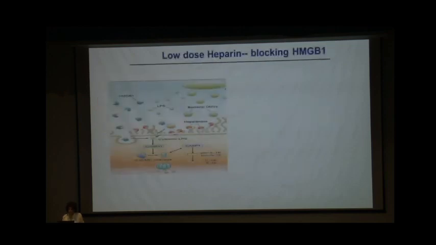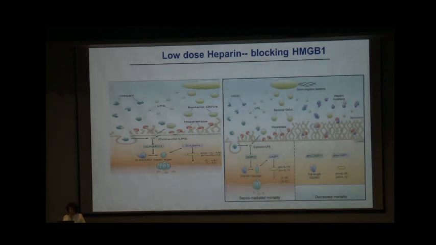Low dose heparin, as I told you, HMGB1 in the first slide binds with the LPS, facilitating endocytosis and making pores. People have used heparin. What heparin does is bind to the HMGB1, and those are consumed. And then there is no procaspase-11 or -1 to pro-IL-1 and IL-18. They have shown sepsis-mediated mortality if you don't use it, but with low dose, it decreased the mortality.